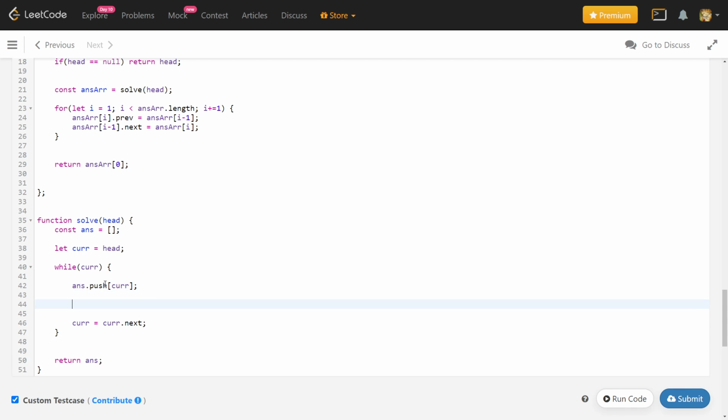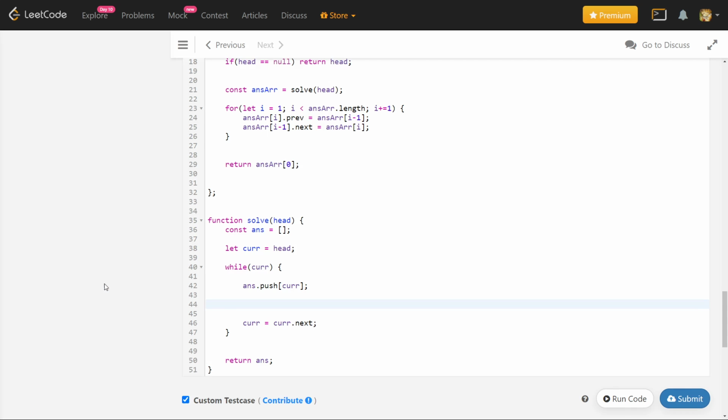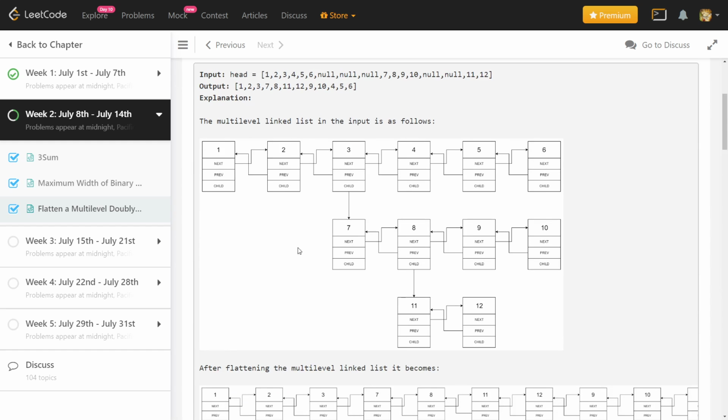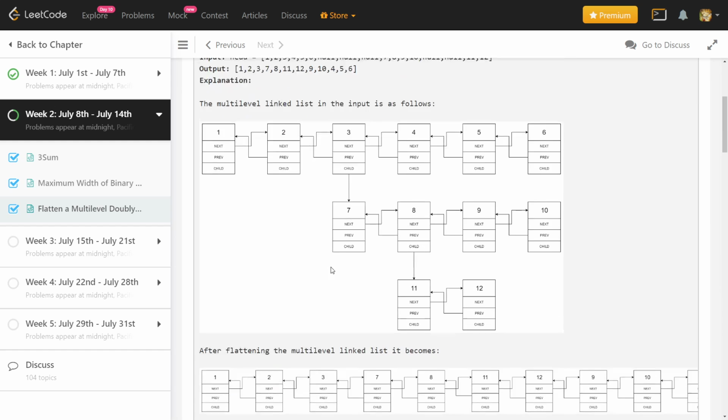Done. Now I have to see, if I'm iterating over my list, does it have a child, because before going to the next I want to go to the child.